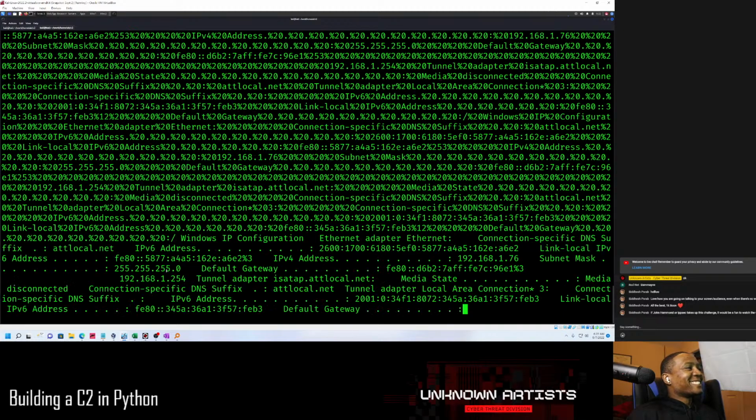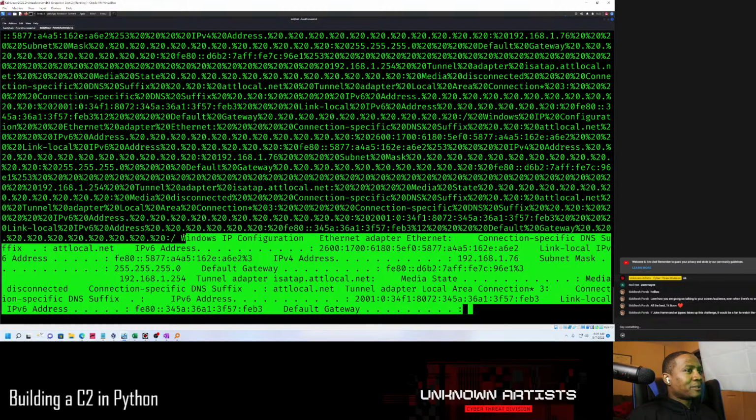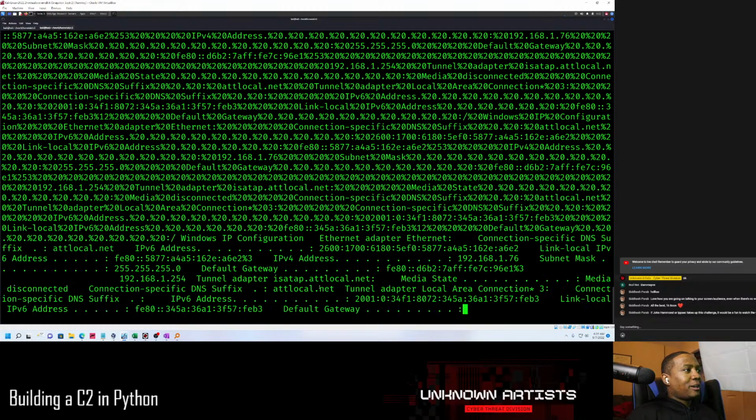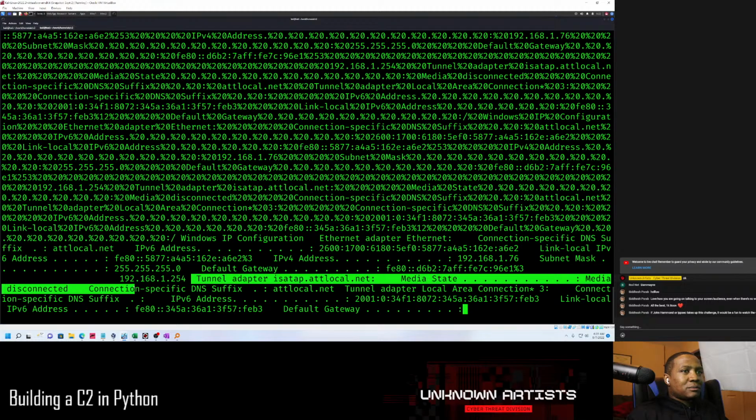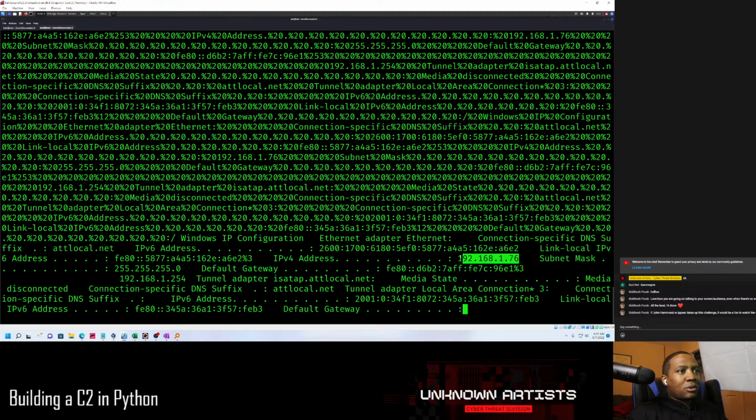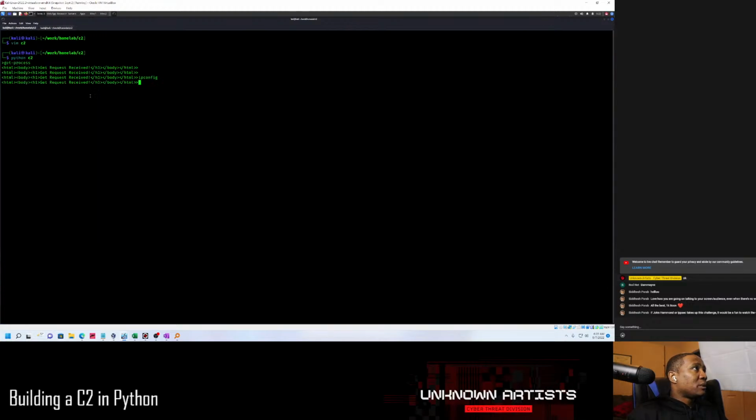I think next, okay, yep, there we go. So it's URL decoded. So we have a working C2, and it's a little bit more tolerable, but as you see, it's not parsing the new lines correctly. But if you're a hacker, you figure it out, right? You just go through and understand it. So our victim is 192.168.176. So we go back here and we're like, all right, let me see what is in the victim's